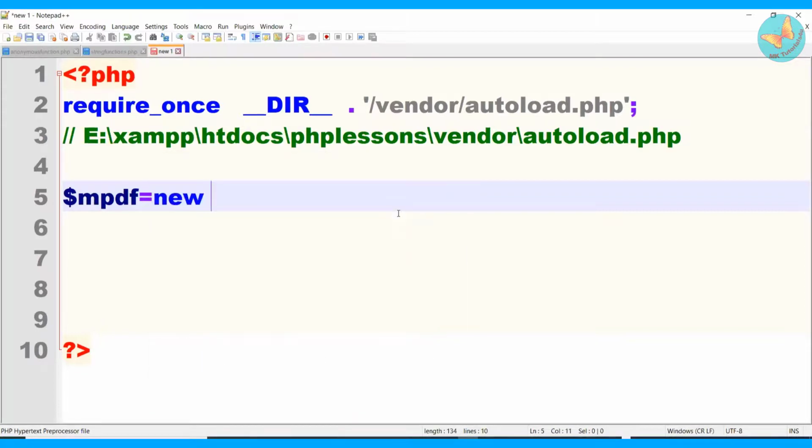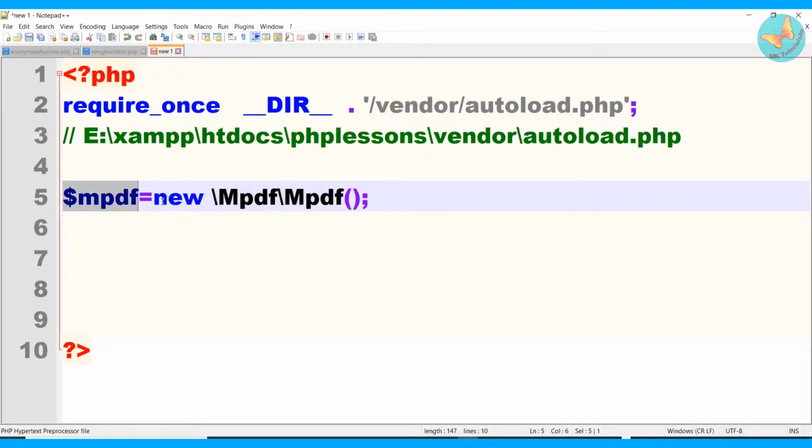Here I'll write new, and I will be calling the \Mpdf\Mpdf class. So what I have done here is that I have created a variable of class Mpdf. This is the path that I have given. If you navigate through the vendor folder, you will see there is a folder mpdf, and within that we are going to have that Mpdf class file. So I am generating one variable of class Mpdf.